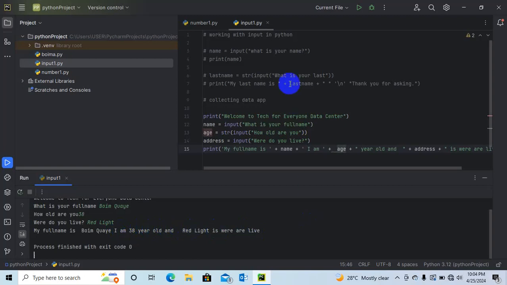So thank you for watching this tutorial. In this tutorial we are working with the input function in Python. We have done a lot. As time goes on, we will develop a real life project where you see the user interface, and you'll be able to see how to use these different small functions that we are using. If you understand the basics, it will be easy as time goes on.